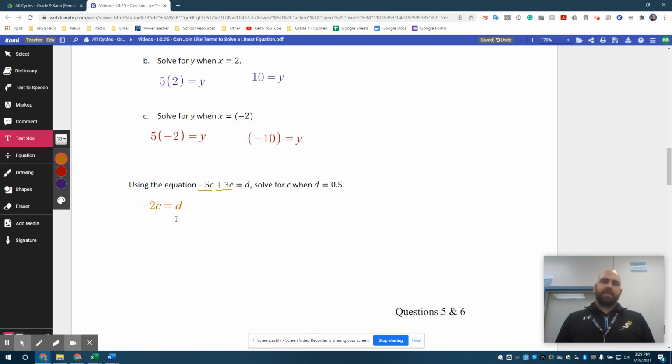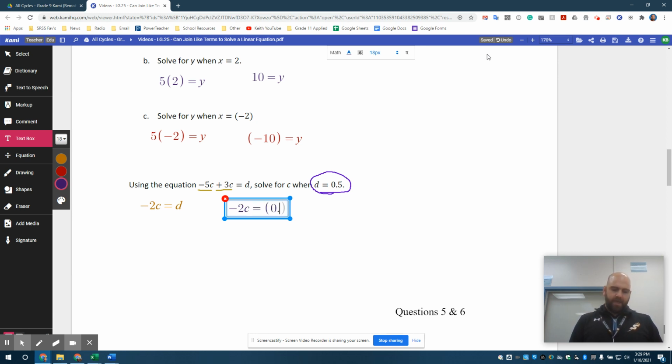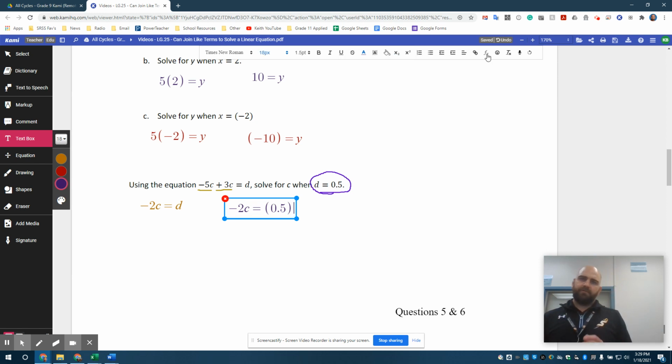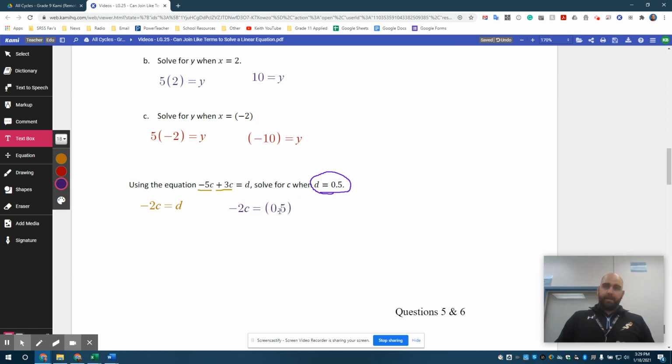Once we have this, that's our first step. Now we need to insert our d value into the equation. We're just going to replace the d with 0.5. So negative 2c is equal to, if you want to put it into brackets, you can. You don't really have to, but if you feel more comfortable doing that, you can. And now we get negative 2c is equal to 0.5. The brackets aren't really needed because it's just a number all by itself. So to solve for this now,